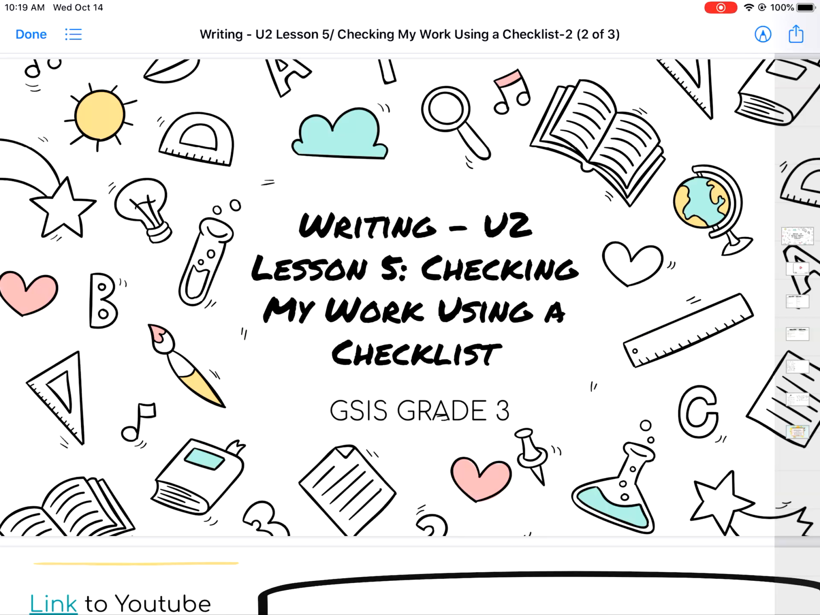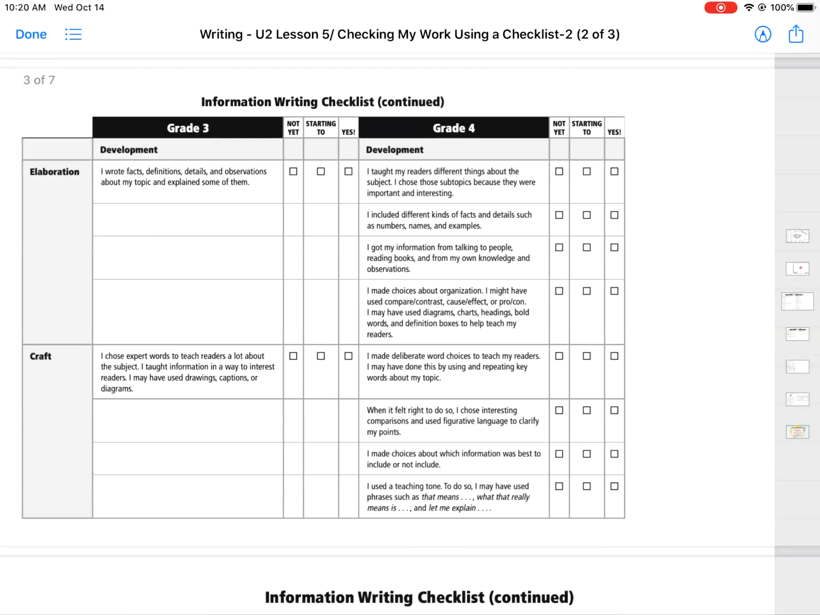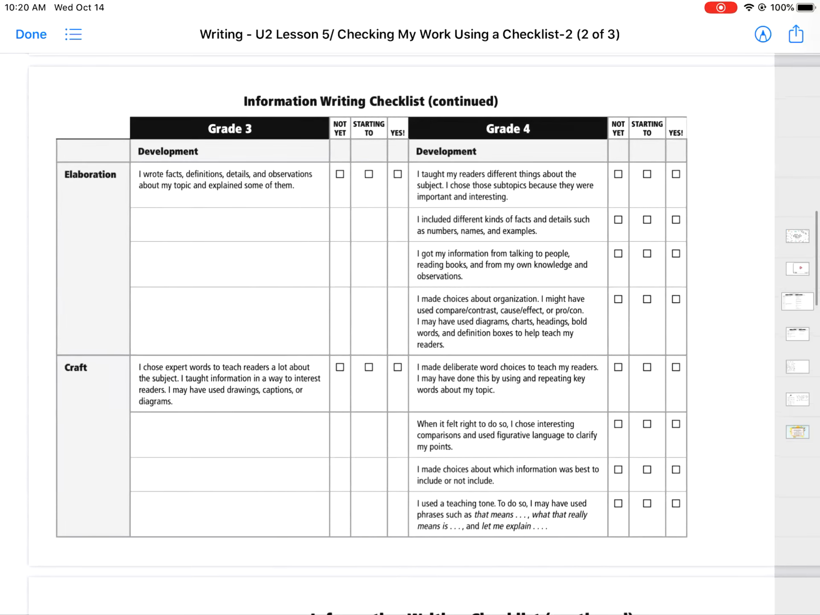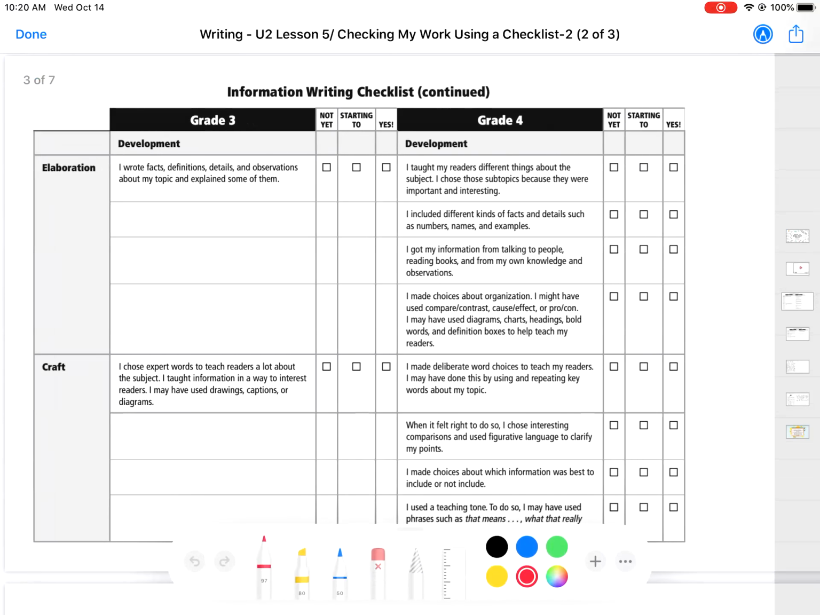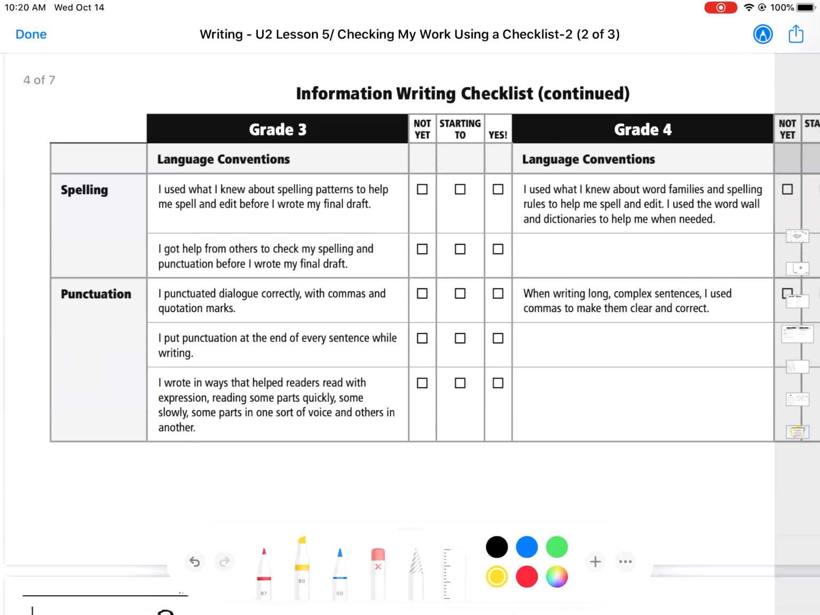Today we're going to continue checking our work using a checklist. So yesterday I invited you to use the checklist that I provided to check your work and go over the points on the checklist. Today we're going to continue referring to that checklist. However, I have included the second part of the checklist, which is about elaboration and craft